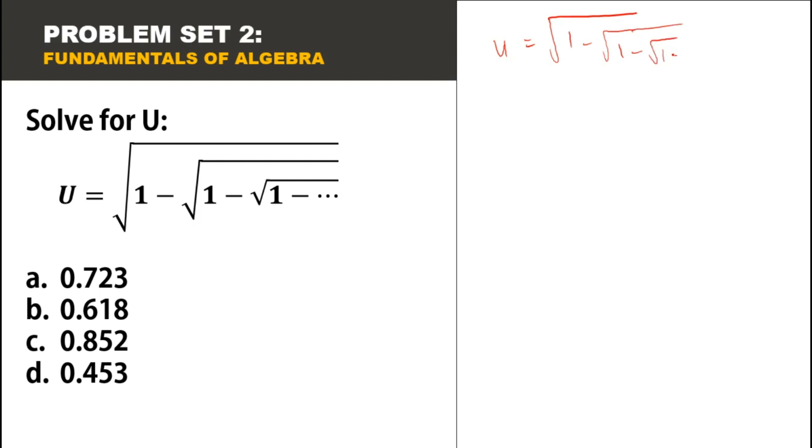It keeps on repeating until infinity. The technique to solve this is to square both sides. So squaring both sides, u squared is actually 1 minus